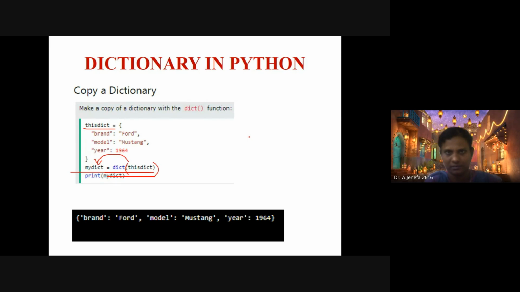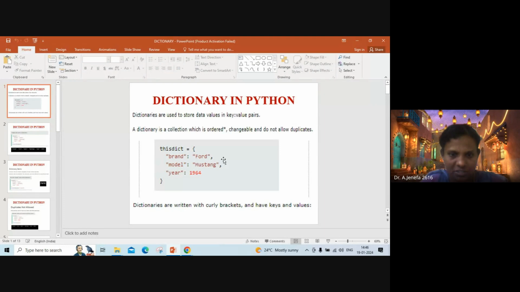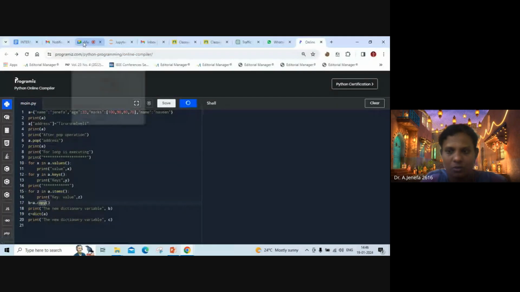That's it. So these are some of the functions that we have discussed in this PPT. If you want more functions of a dictionary, you can always refer to w3schools.com. Fine. Okay, so what we have discussed in today's class,